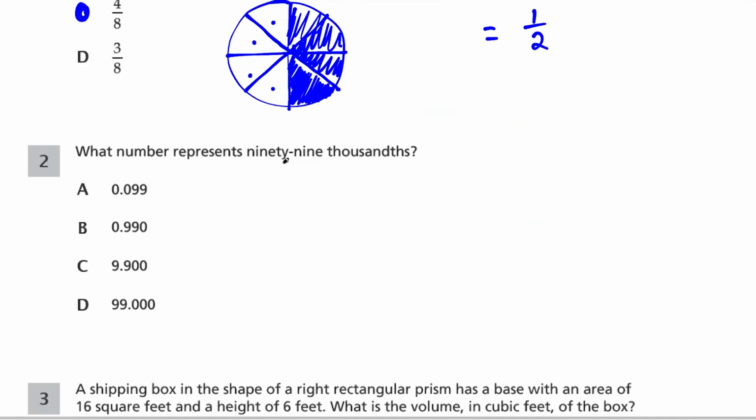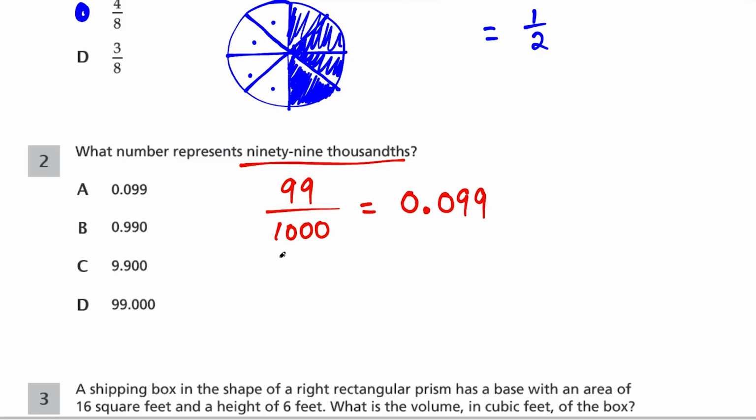Question 2, what number represents 99 thousandths? So 99 thousandths would be 99 over 1,000. And if we want to convert from fraction form to decimal form, and we have a 1,000 in the denominator, what we're going to do is write this as 0. and then we're going to have